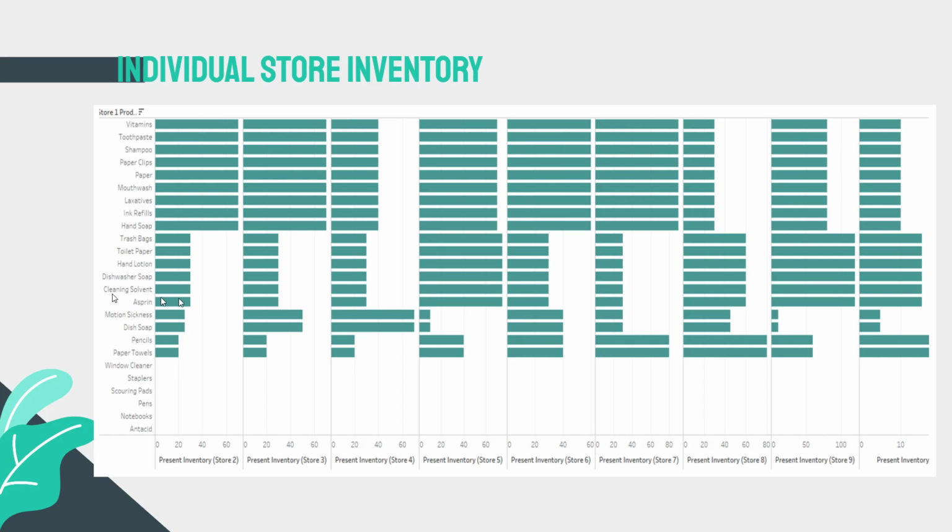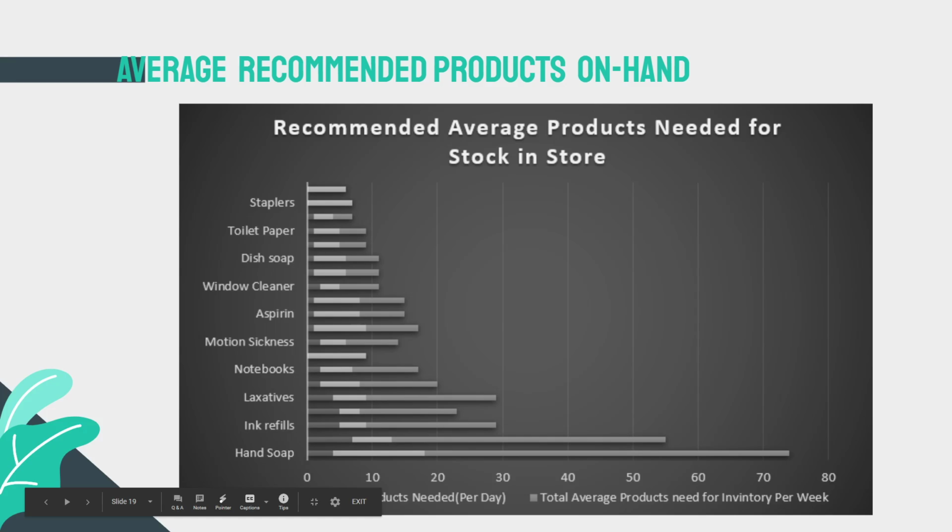We can see here that scouring pads, notebooks, pens, and many different items that we can see here through this distribution for all 10 stores are typically out of stock by the end of 8 weeks. Now, I went ahead and did some more calculations to do a mean average of what products are needed based on what products did sell and the amount of products that were out of stock. I calculated what the average product needed